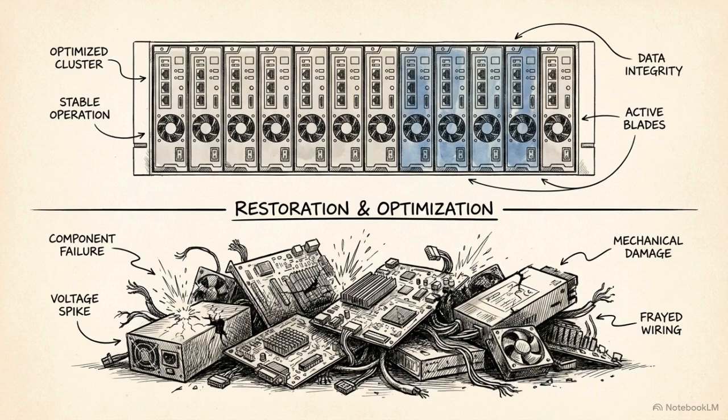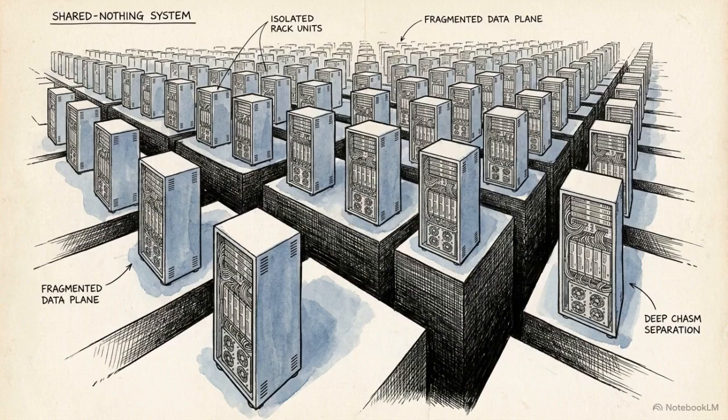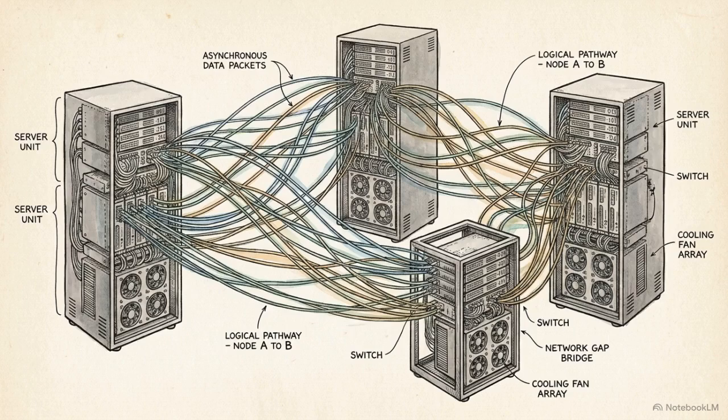of physically unreliable components. Modern distributed databases are typically shared-nothing systems. The individual machines share no disk and no memory. Their only method of coordination is sending messages across asynchronous packet networks.